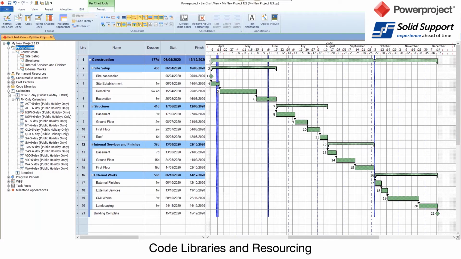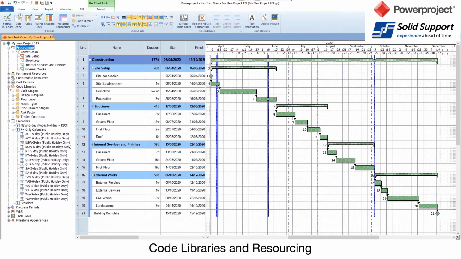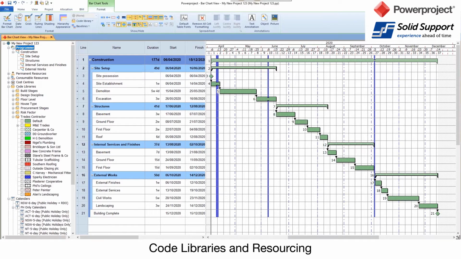And to do that, we've got code libraries. Now, a code library is a library of different activities or items. So in here, for example, trades, this is just a default one that's in there. You could delete these, change these, add your own code libraries in here. But these are the different trades that we've got working on the project. So what I can do here is, let's say I want groundwork over here,